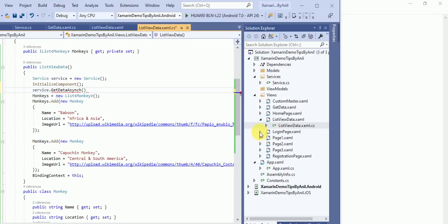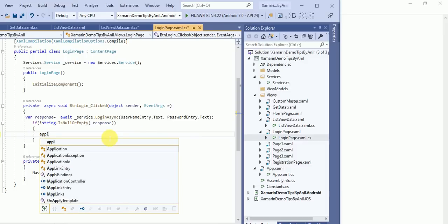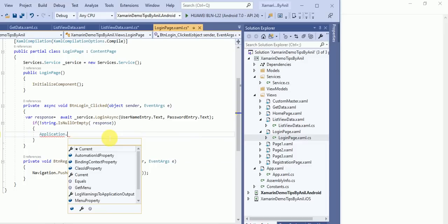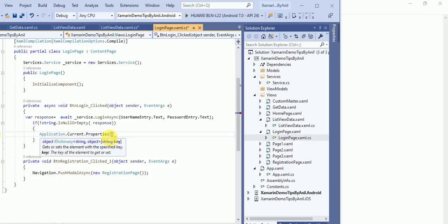Obviously from the login. Here Application.Current.Properties, and I will add a key, access token, and in this key I will provide the access token. Here we are getting the access token.